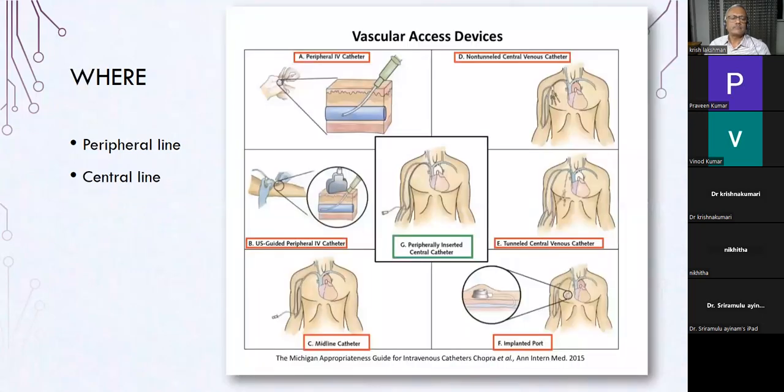And where do we give the intravenous fluids? It can either be given by peripheral line or a central line. And a peripheral line can be given directly or USG guided, and a midline catheter is there. Central venous catheter is also of two types, which is non